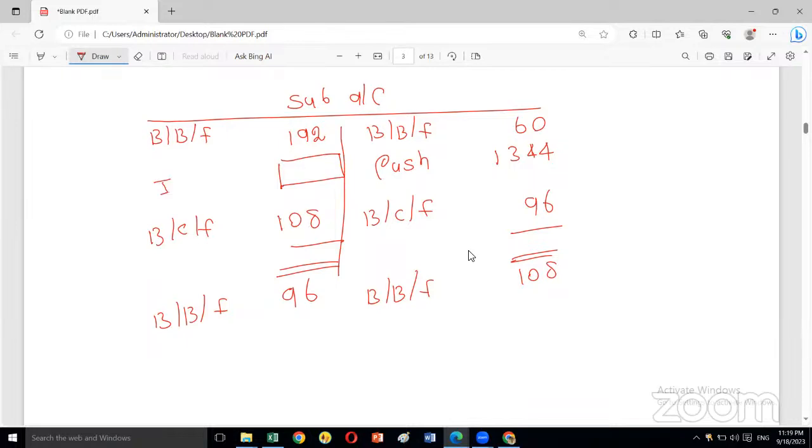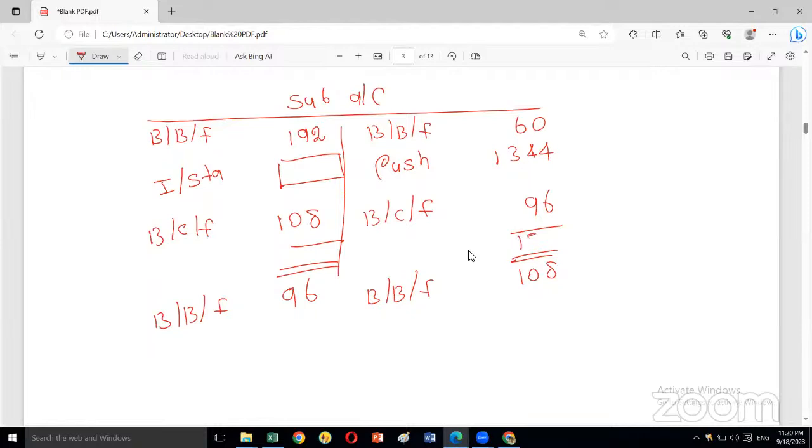How much am I going to transfer to where? Income statement. Okay, so how to find that? Now I have to balance off. When I balance off, the balance figure is your answer. If I balance it, leave one line, a total line, on both sides take the higher value and put it on both sides. Which side is higher? My credit side is higher, 1,344 plus 60 plus 96. If I add these three,